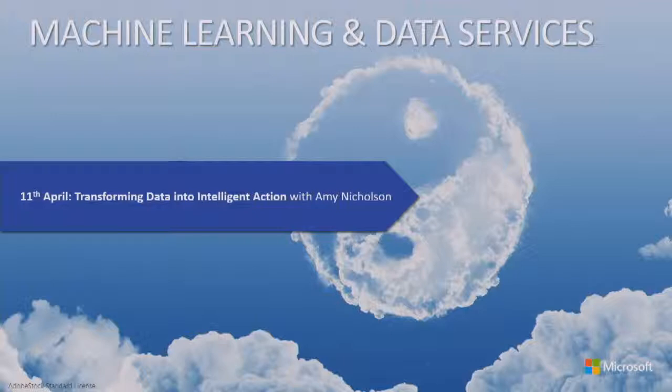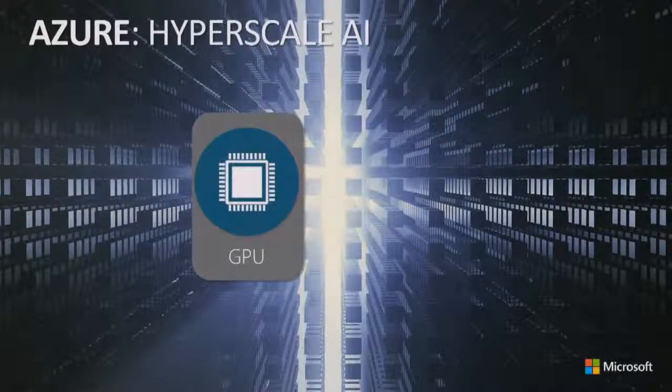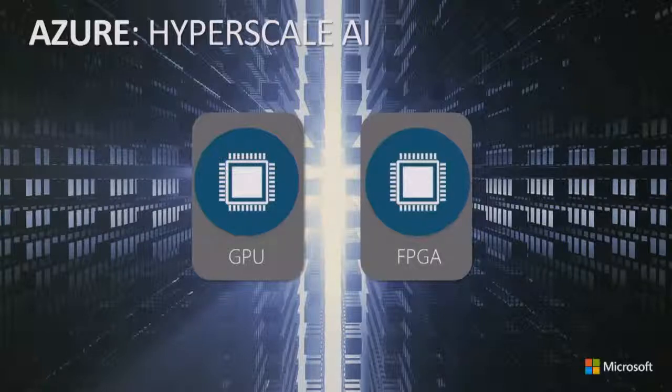So that's really important. Another part of what we're doing with Azure and the intelligent cloud is this idea of hyperscale AI. We talked a little bit about the importance of these GPU chips in terms of the ability to do deep learning, to train those kinds of networks. So we're rolling those out across our global Azure data center estate. But in addition, something we've been doing for the last couple of years is every time we roll out new racks into our Azure data centers, they've included these FPGA chips. That stands for Field Programmable Gate Array. And these chips are kind of like programmable hardware. So once you have something trained, like one of these neural networks, you can run it extremely fast on this